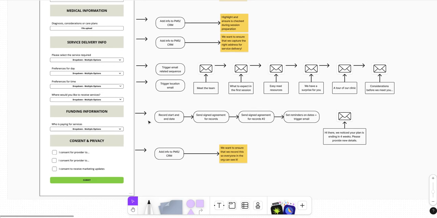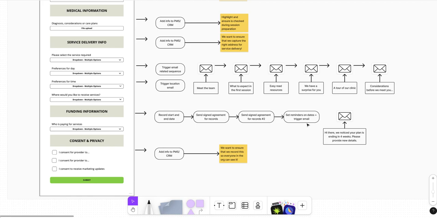Funding information. Most of the time we run out of funding, and we don't know if we are ever going to recover the money again. Having some reminders in place will be really handy. Sometimes we send the service agreement, once it's signed, to a second or third party, like a plan manager or someone who manages the funds. Having this information mapped on a private calendar with some reminders, so we know that the reminders will trigger a month before the plan expires.